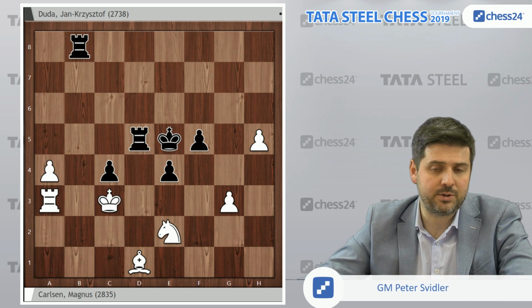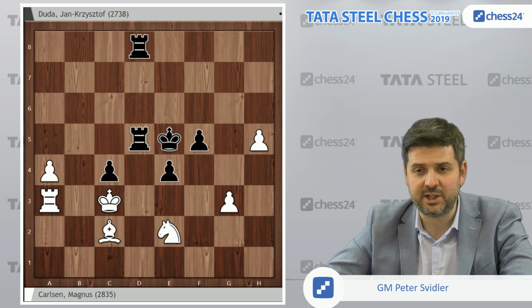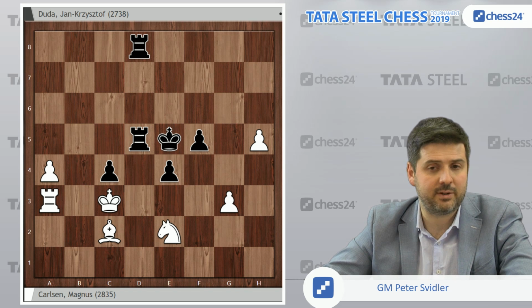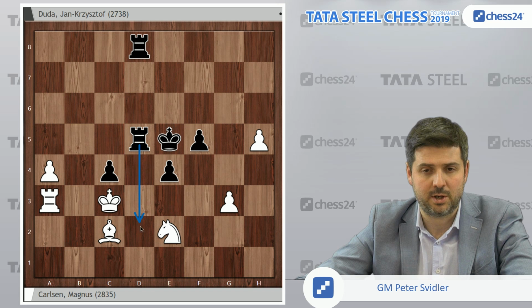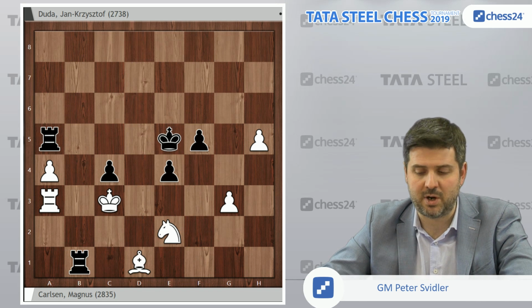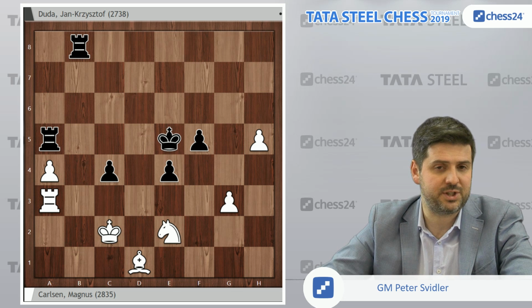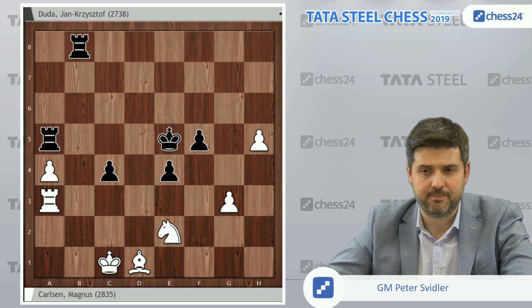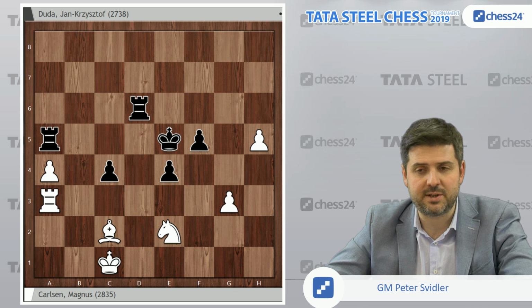So had Duda found rook d5, bishop c2, rook d8, I think he would have actually made a draw because play just becomes incredibly forced and you can very easily intuitively understand what black is aiming for. This maneuver is quite logical. But instead he played rook b1, king c2, rook b8, and of course Magnus doesn't repeat anymore. King c1, rook b6, bishop c2, rook d6, and here Magnus finally finds a